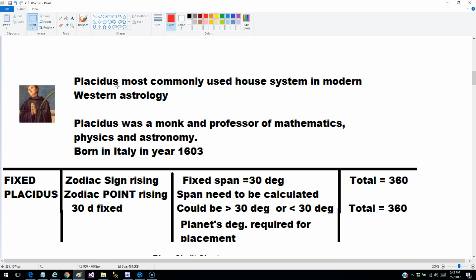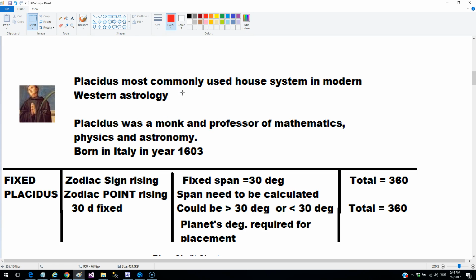For this, Krishnamurti was very much criticized. There's a lot of opposition, and even today, some contemporary astrologers accuse Krishnamurti of introducing a foreign element into traditional Vedic astrology. But Krishnamurti couldn't care less, and he was getting good results using the Placidus house system. And so this is what he recommends in his book, and this is what is followed in KP astrology, the